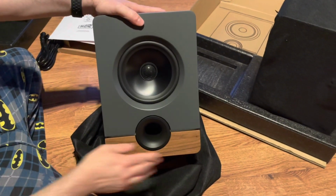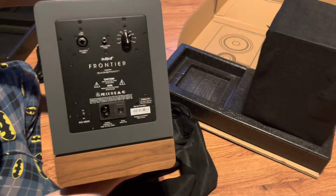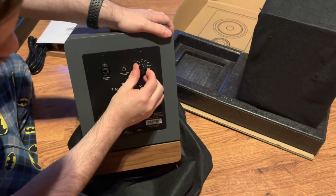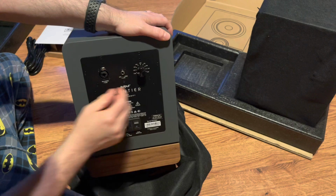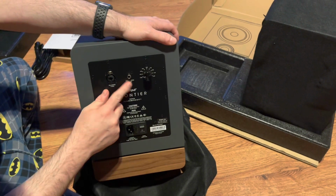This is the handmade walnut stands that are in there. Apparently they do isolation and everything. And as you can see, it's got the dial. Ooh, it's notched too. I like that a lot. That's really nice. Then it's got the Neutrik connector, so it can accept a 1/4 inch or XLR, and an